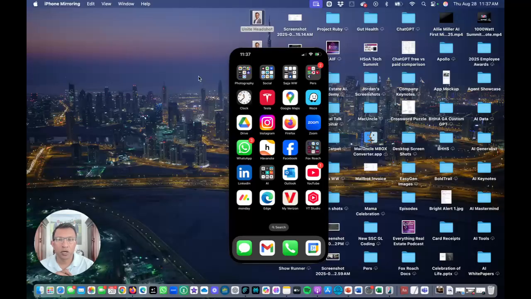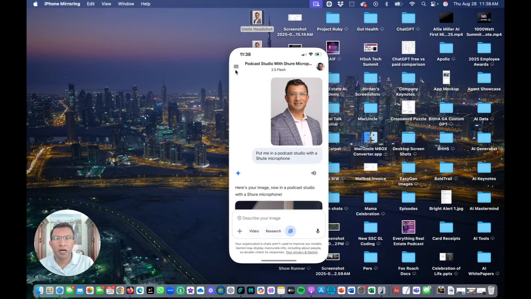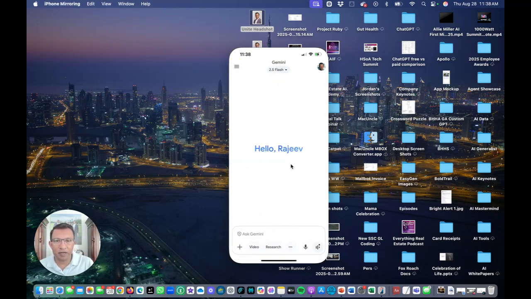Here we go. So there are two ways you can access nano-banana. One is with the Gemini app on your iPhone or Android. I have an iPhone and I have a folder here, and there's the Gemini app. That's the easiest, fastest way to access it. Works great. I'm going to demo it here shortly. The other way is the desktop, and I'm going to show that to you next after I show you the mobile. So click Gemini, and when you click New Chat, there are three dots that show here. You want to click Image, and then describe your image. It will create it from scratch,